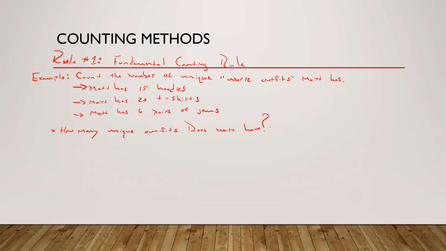My question for you is this: when I said in this class you wanted to count things, I generally said there tended to be a what type of effect, or what type of mathematical operator would you use? This is exactly what Julia has in the chat. These counting methods are going to involve a lot of multiplication. So to answer this question, this fundamental counting rule, we're going to have to be multiplying some numbers.